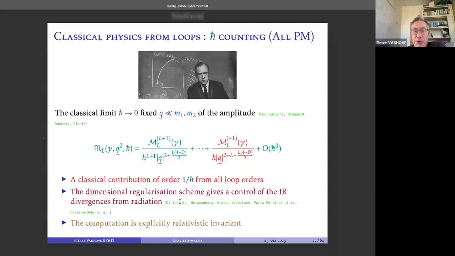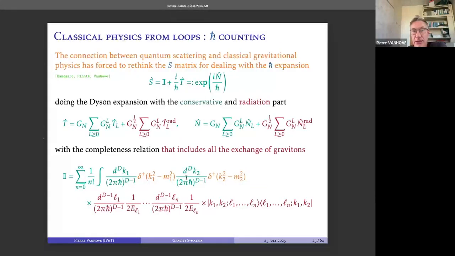Okay, so now I want to build my Hamiltonian, so I need to go to this potential, which I call V_PM, the potential post-Minkowskian expansion, which from the Lippmann-Schwinger equation is connected to the scattering amplitude through the T matrix element, okay? So the T matrix elements are the ones that normally you know when you have the scattering matrix S,